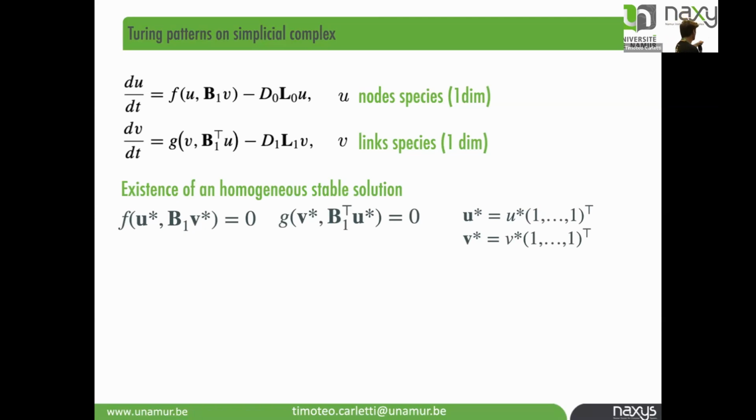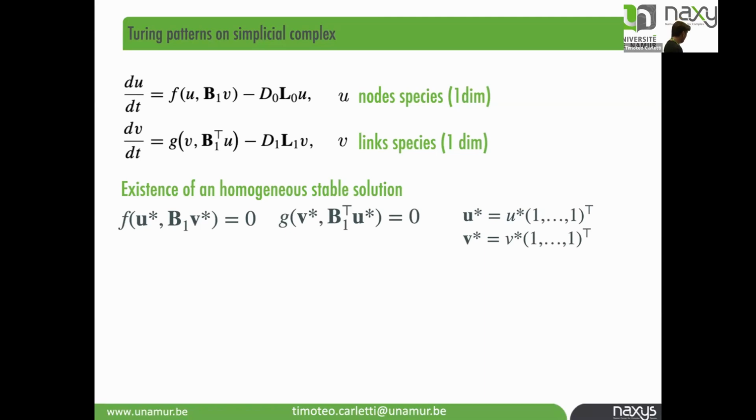Here you want to know the evolution in time of the V on some link. So again, you look at this equation component by component. And so this depends on the quantity V on the link, of course, but also on the gradient, so the nodes U that are at the border of the link V that you're interested in. And this can be done with the transpose matrix B. And then now you have, instead of the L0, L1, because you want to know how links interact by touching different nodes. In this case, I don't have triangles, because otherwise you could have also the fact that links interact via triangles.